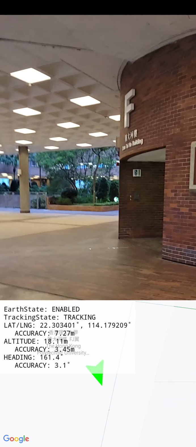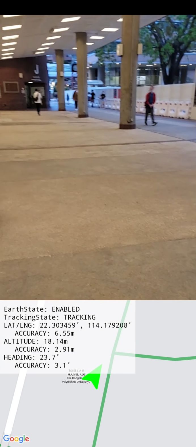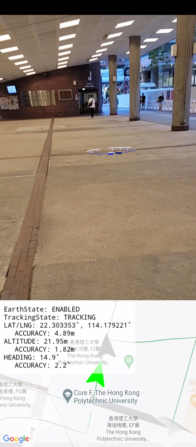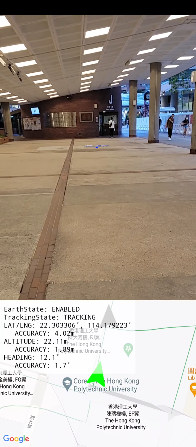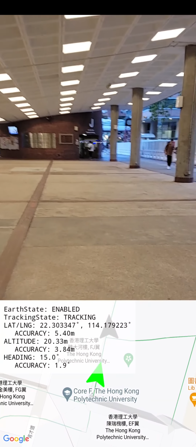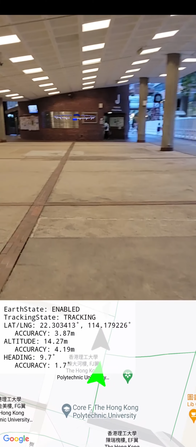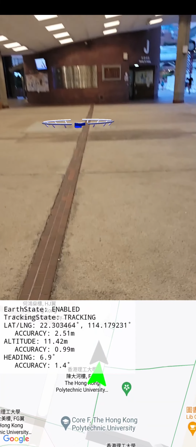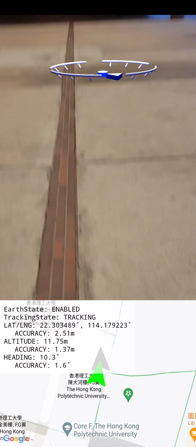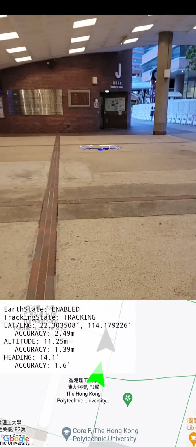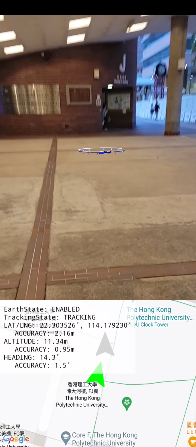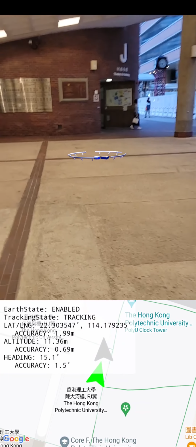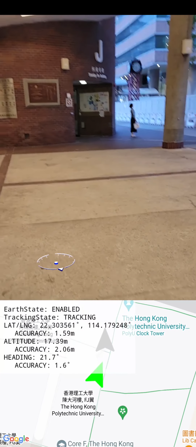In the Geospatial API part, we are trying to place the anchor on the Google Maps surface. We could see that when we click on the Google Maps surface, there is a gray arrow, and we could look at the camera. We could see that there is a compass object that appears on the location that we clicked. As the API will not recognize the height of the surface, the objects will change its location based on